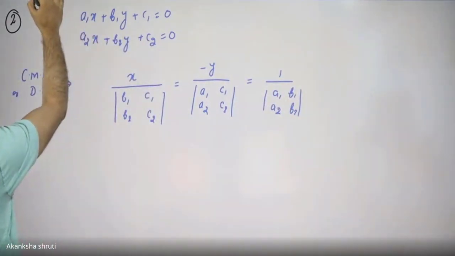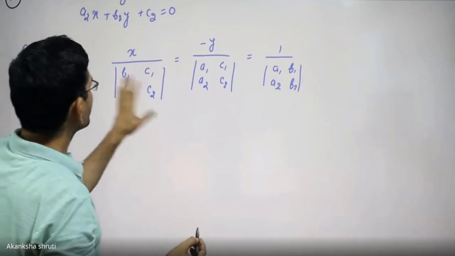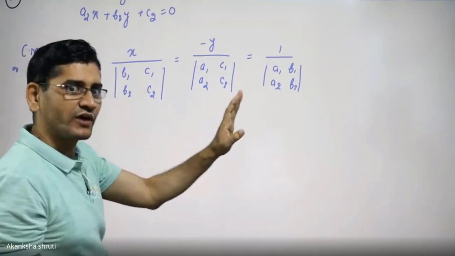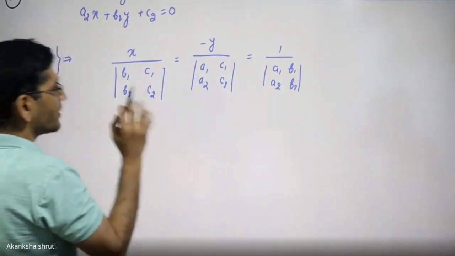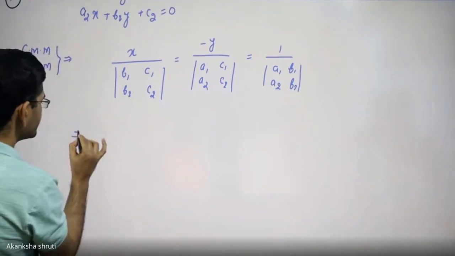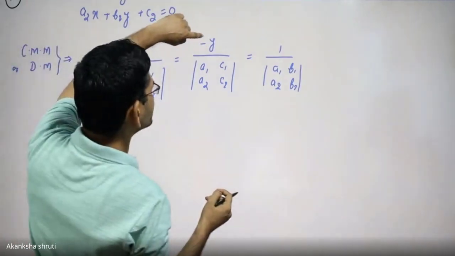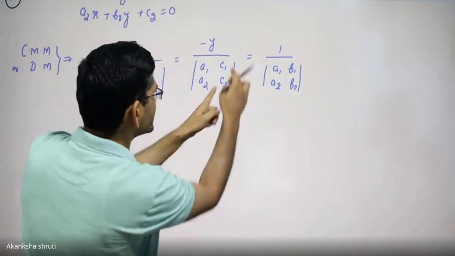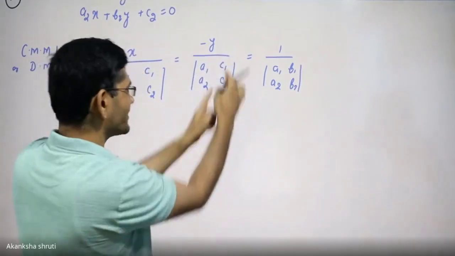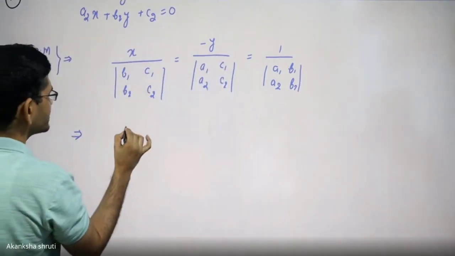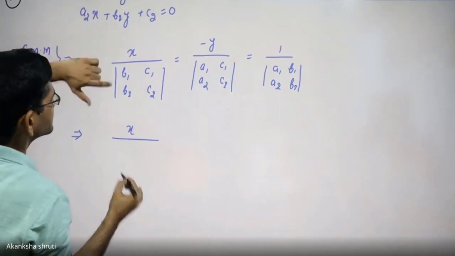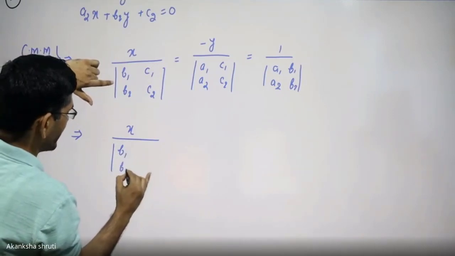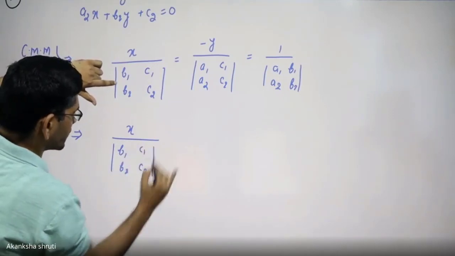How can it be? So many a time, or in many of the books, these two vertical lines are omitted. That is one way. But before omitting this, it is possible to absorb this negative sign of y in the second one, by changing the column or the row, but change the column. Student, this is the same as x. Write this arrangement below this x as it is. B1, B2, C1, C2 is equal to.